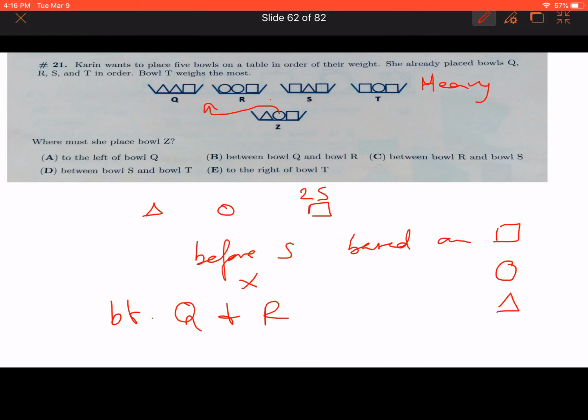Because it has all the three components: square, circle and triangle, which are the heaviest in order. So the answer is going to be between bowl Q and bowl R. See how the shapes and the order of the shapes help us in arranging the bowls. Okay, the next question: